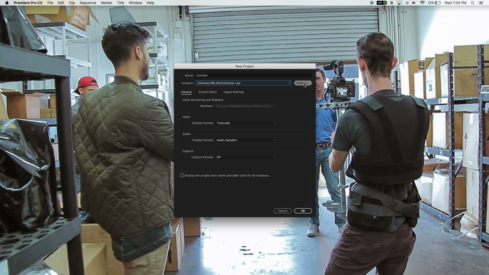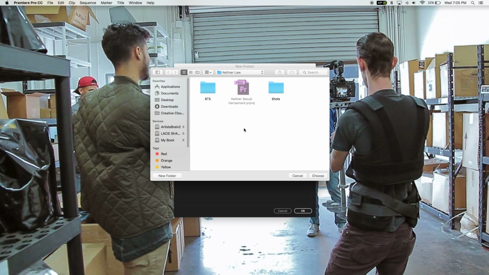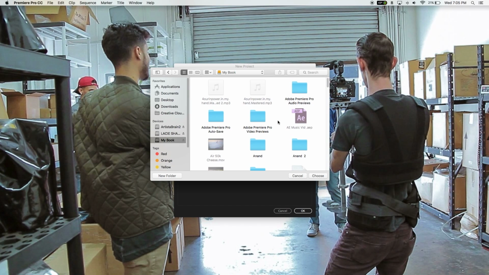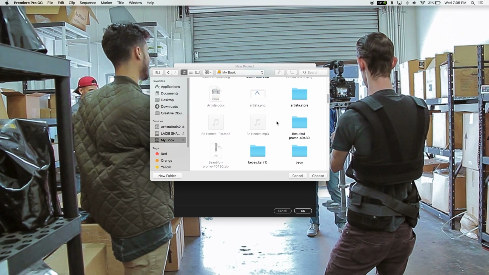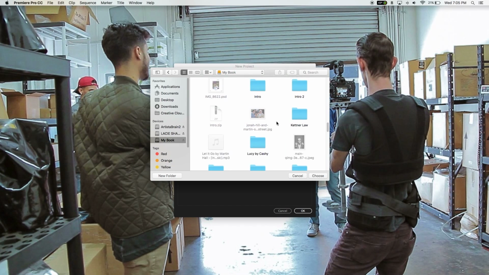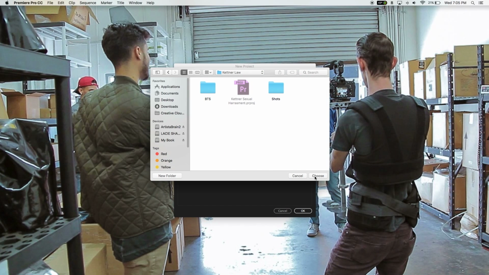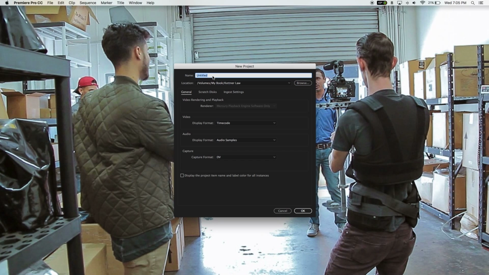And obviously before you start or open Premiere, make a new folder wherever you want this to go. If you want it to go to your documents, put it there. If you want it to go to an external drive, you can, and that's what I'm doing right now with my external drive. Browse, and I'll go to this folder, Finder, My Book, which is my hard drive, and then set it to folder of your choice, and I'll choose Kettner Shoes and name it SH Commercial. Okay,